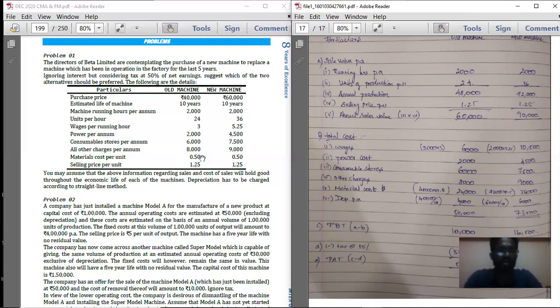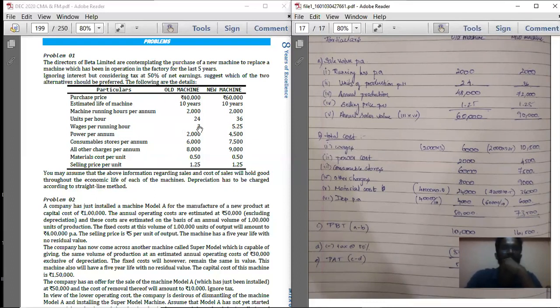Below that, what are the different costs given here? Wages cost, power per annum, consumable stores per annum, all other charges, material cost. These all 5 are different costs. Apart from this, you will also have depreciation cost, because depreciation also forms part of cost of production, total cost. So below that, small Roman number 1,